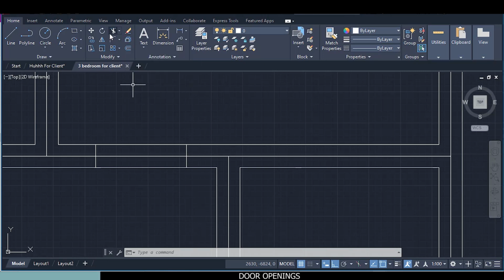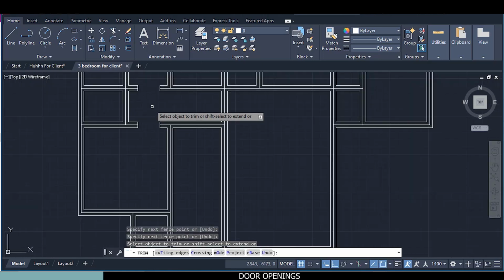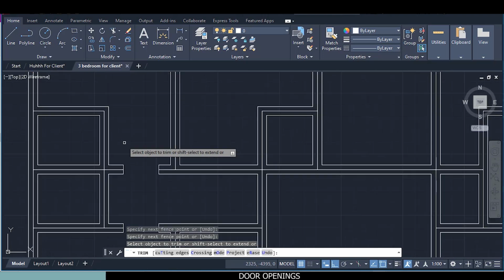You get it. It's the trim tool. Click once, come this way and trim. Now let's finish with the toilet. This line